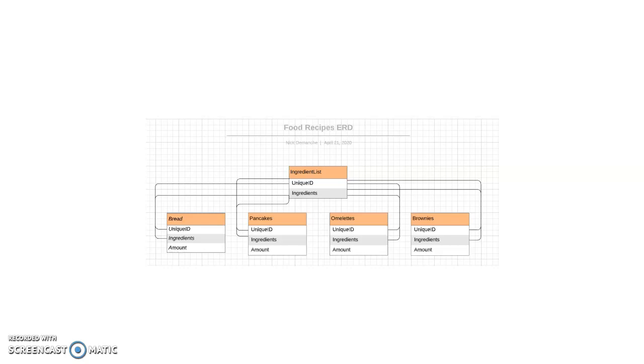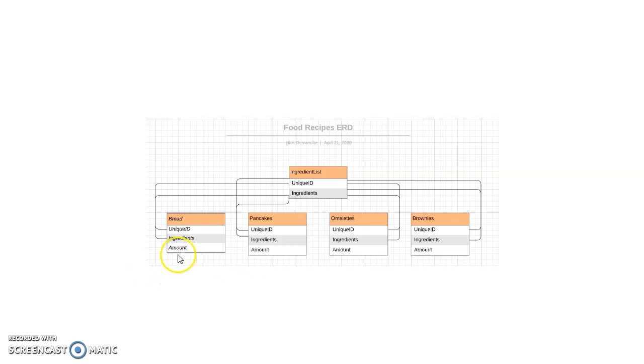Haven't done an ERD before, but I have worked with Lucidchart through different classes, so I had an understanding of how they should work. So I was just learning a bit of what was supposed to go into an ERD in this situation. Last week we worked on creating a few small